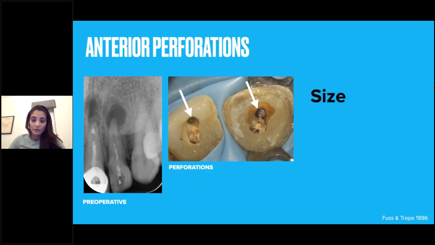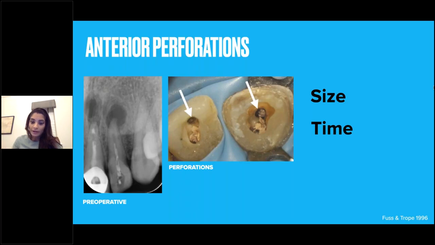So with perforations, when you're looking at how restorable they are and what sort of prognosis that perforation repair is going to have, you need to look firstly at the size of the perforation. Smaller perforations have a much better success rate because we have less inflammation and less damage to the tissue compared to larger perforations. The time also matters. If they have occurred very recently, if you mend a perforation straight away, you've got a much better success rate than if that's been left for a long period of time. And the main reason for that is because